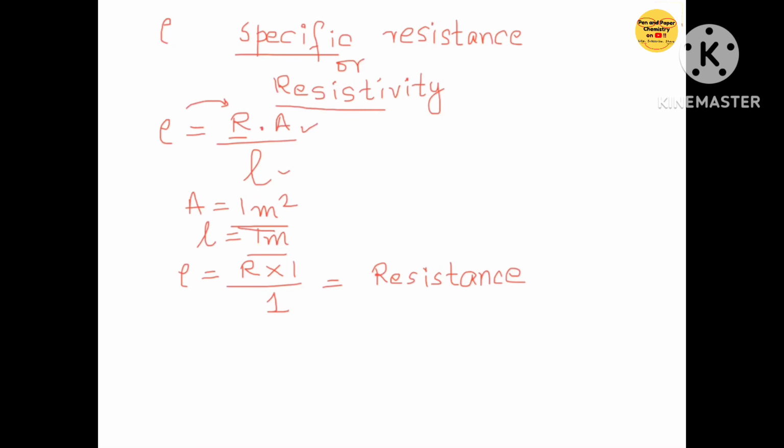Would you like to define its unit as well? Just put the SI units of the other physical quantities. Resistance is ohm, area is meter square, length is meter. So the unit of resistivity is ohm into meter,